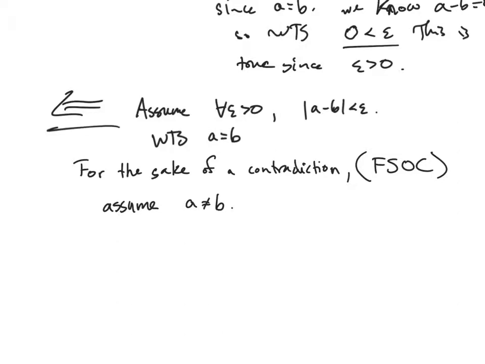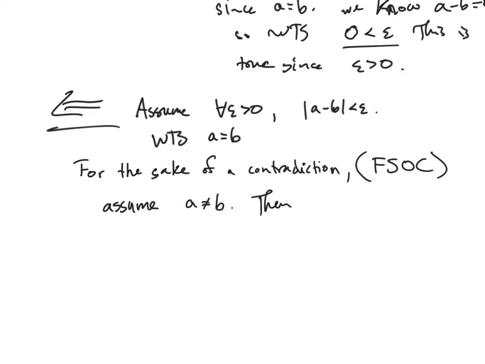This little "for the sake of a contradiction" is a nice little preface so that the reader of the proof knows when I make this assumption, it's not because I think it's actually correct, it's because I'm trying to obtain a contradiction, which is why I make this assumption of the opposite of what I'm trying to show. All right? So if we assume A is not equal to B, then